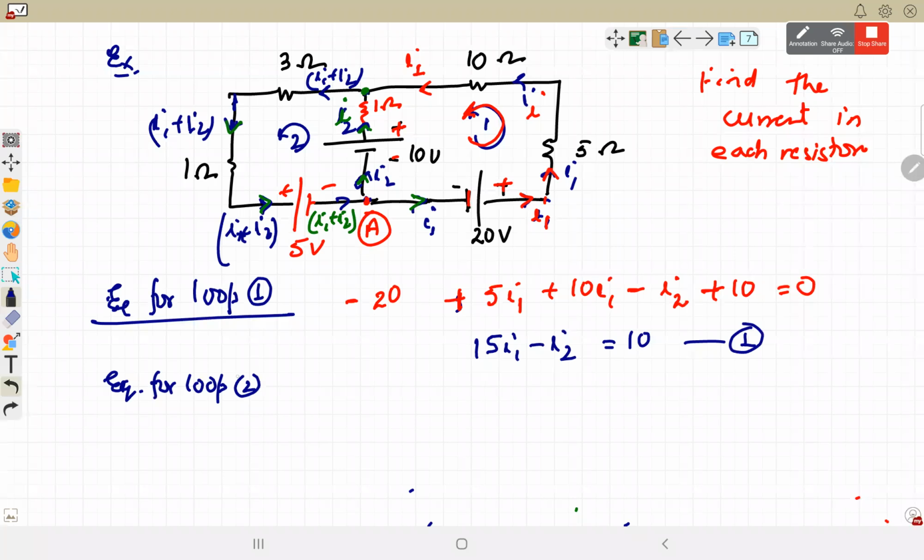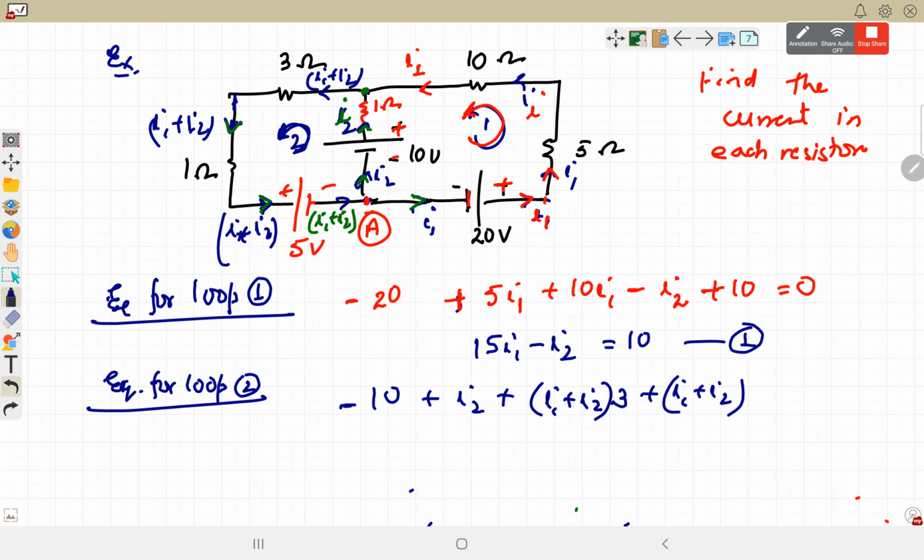Second is equation for loop 2। We start from, let's say, point A again, so -10 plus I2 plus (I1 plus I2) times 3 plus (I1 plus I2) times 1 plus 5 is equal to 0। We came back to the same point।